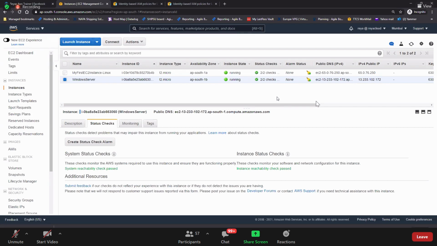If you restart, it will be on the same machine. If you stop and start, it will jump from one host to another host, and you will get this 2/2 check passed. Please write this down also. If you see 1/2 status check, please stop and start. This will get resolved automatically. Clear? Is this clear on status check?